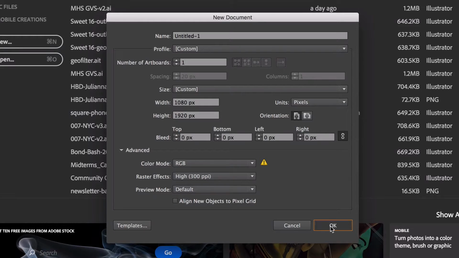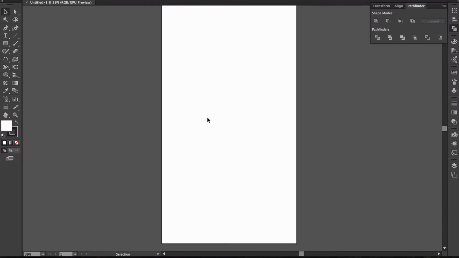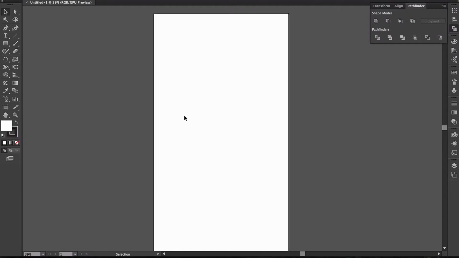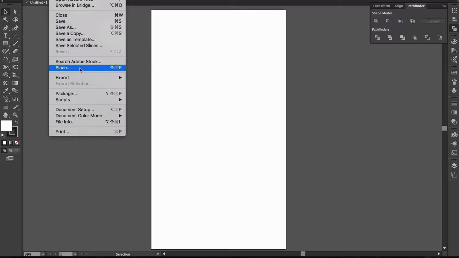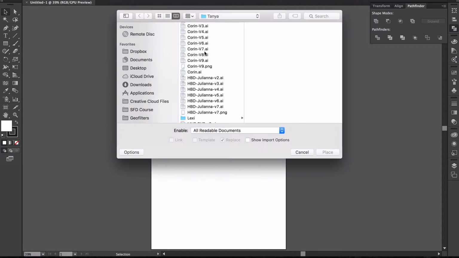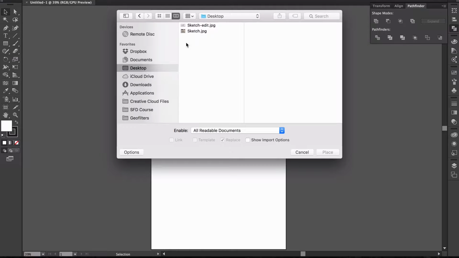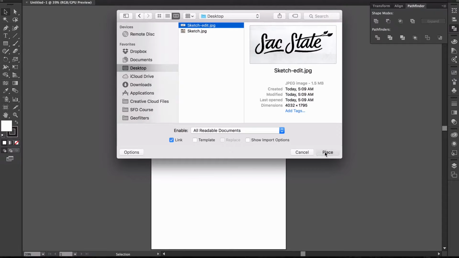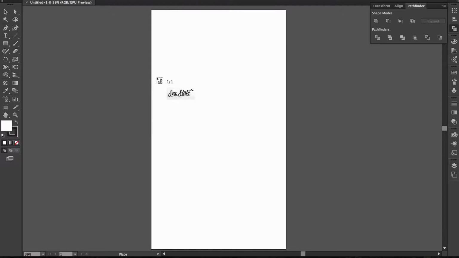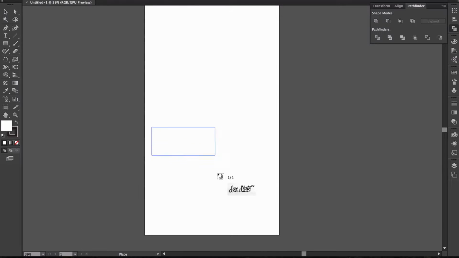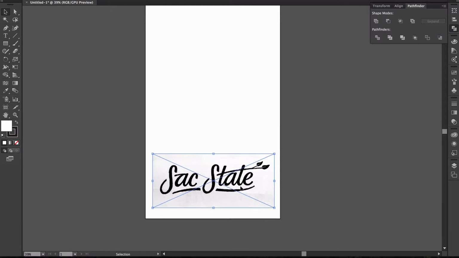Then click OK. And you should have this, and what you can do is then go to File, Place, or Command Shift P or Control Shift P if you're on a PC, and this should be able to find your geofilter from your sketch image that we just edited from your desktop. Go ahead and open that and click Place, and you should have this, and what you can do is then just click and drag until you fill the space you want it, and then it should be placed in there